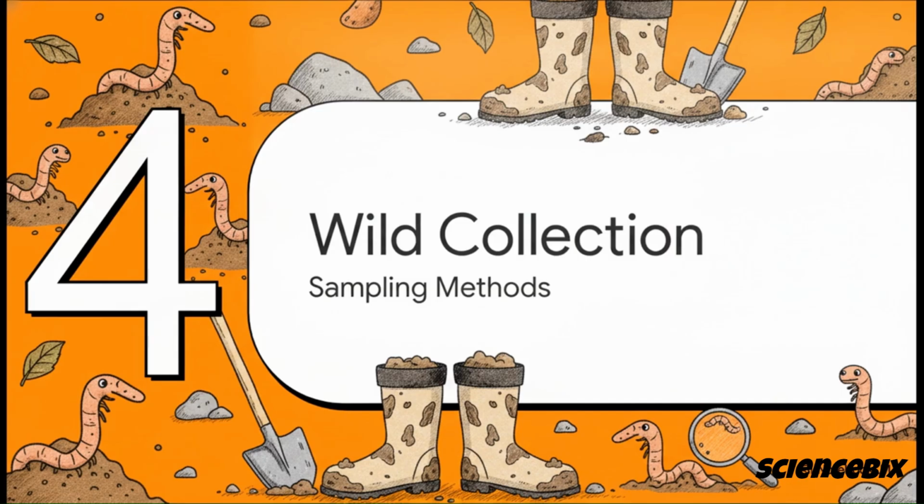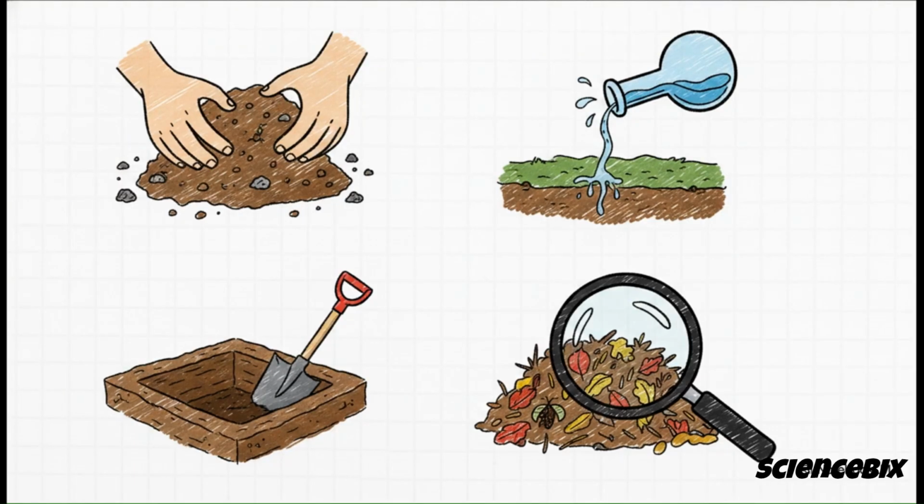Section 4. Collecting earthworms in the wild. Okay, so if you're a biologist out in the field, how do you actually go about finding and extracting these populations to analyze them? We rely on a few primary sampling methods. There's hand sorting and chemical extraction, which is also known as using a vermifuge. Then we have soil pit sampling, which involves digging highly specific 20 by 20 by 20 centimeter measurement pits, usually during the wet seasons. And finally, habitat inspection, where researchers actively dig through specific microenvironments like leaf litter, debris, or